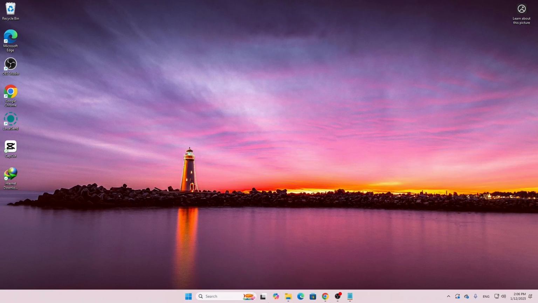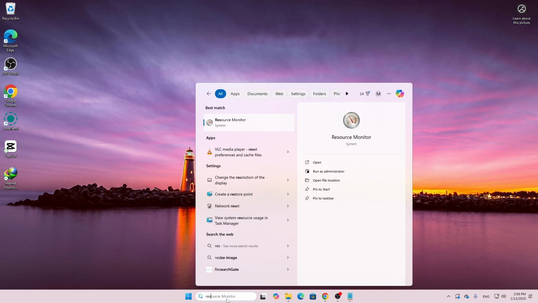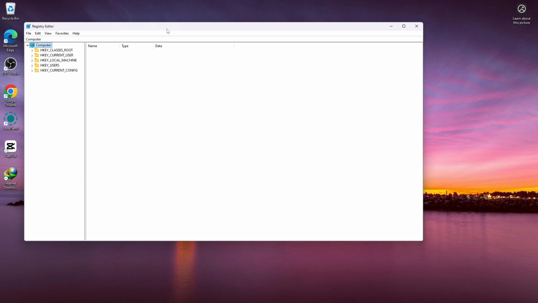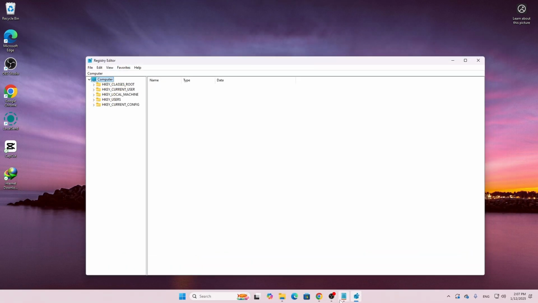Very simple. You have to come over into your search option, search for registry editor, and after that you will find the registry editor over here. So if you click on run as administrator, there will be a permission, click yes. After that you can see your registry is opened, and now what we're going to do, we're going to copy